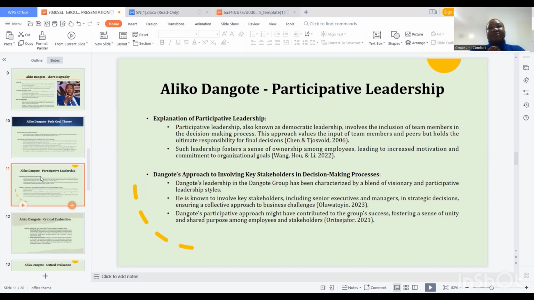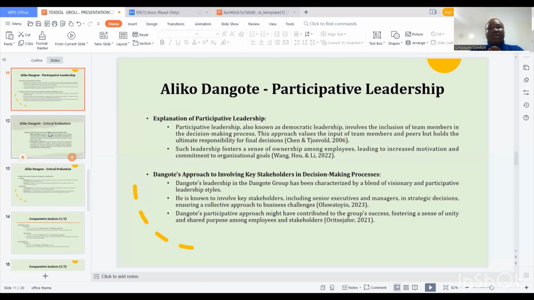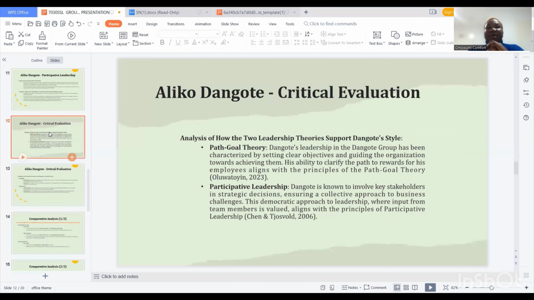Through this inclusive approach, Dangote fosters a sense of collectiveness within his team, encouraging collaboration and cooperation to overcome challenges. And by involving others in decision-making, he acknowledges the significance of their insights and the importance of a collective effort in achieving success. Dangote's participative leadership style cultivates a collaborative environment that enhances organizational effectiveness and promotes innovation. And moving to the next slide, where I'll be discussing the critical evaluation of Aliko Dangote's chosen leadership theory